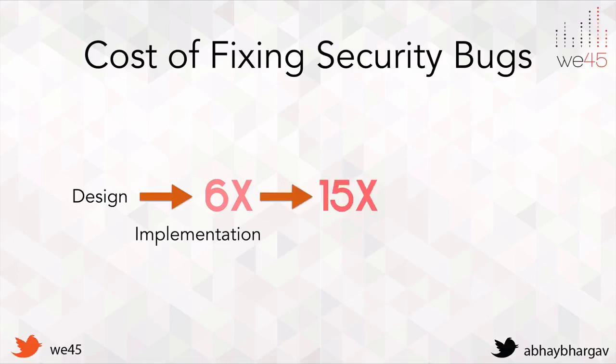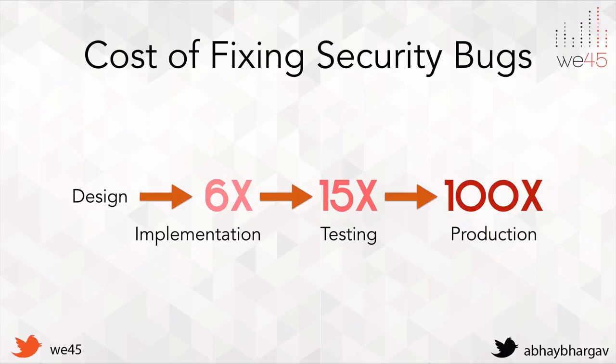And when that bug goes to the testing stage, when the developer finishes the build and the QA or the security tester or the performance tester start testing this application for these bugs, then the cost balloons to 15 times the cost. So you see that fixing bugs earlier makes a whole lot more business sense, right? Because it's rising as we go forward. But once it goes to production, that's when you see the massive leap. From 15x, it goes to 100x, simply because once it goes to production, that bug is now much more expensive, because it could be a security flaw.